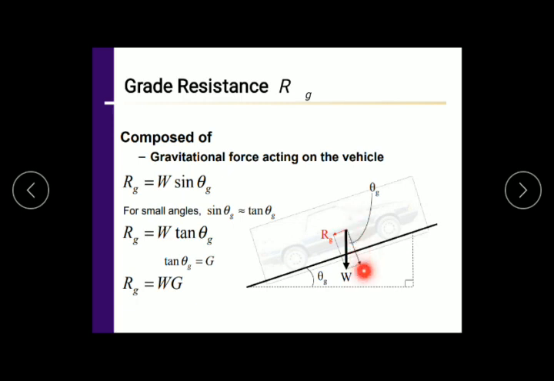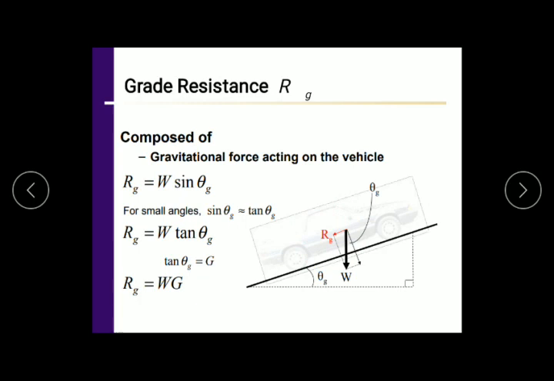This vertical component is utilized to keep contact between the tire and the road surface, and this Rg will contribute to moving the vehicle in the downward direction. As you can see, the Rg component is in the downward direction and you want to move the vehicle in the forward direction. So what will happen? If your Rg is greater than the forward force, then your vehicle will move downward instead of moving forward. So to move the vehicle forward, you must overcome the force Rg.